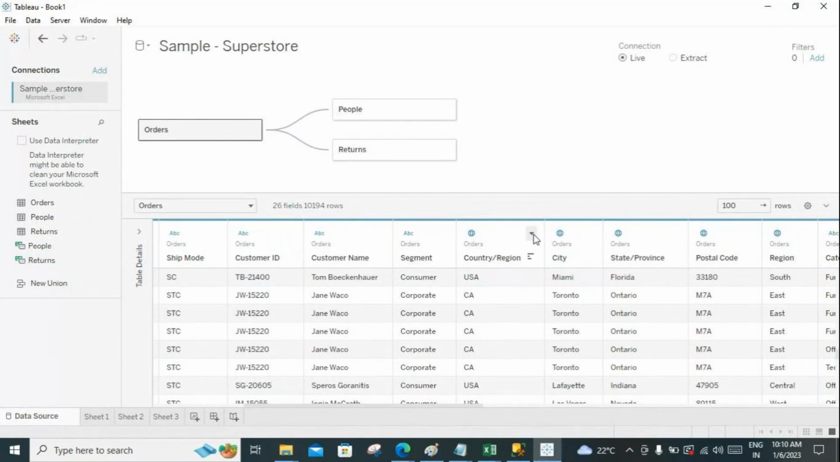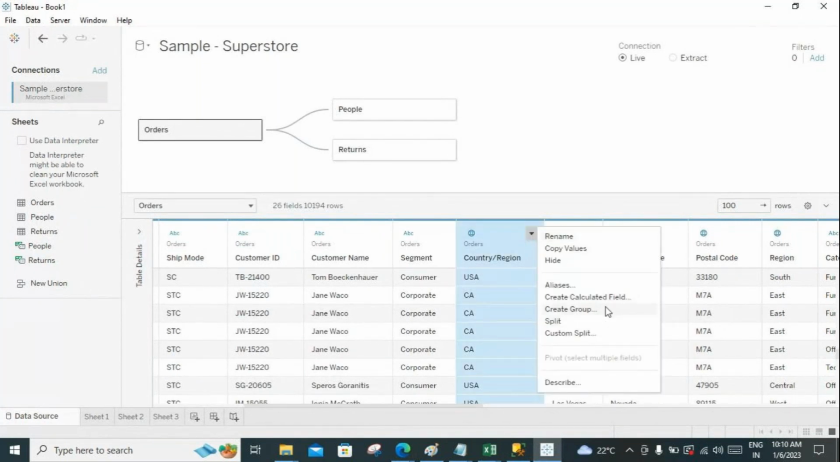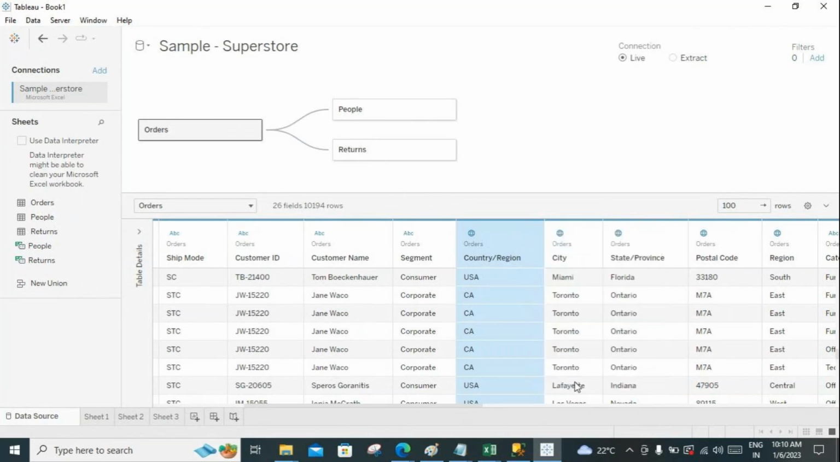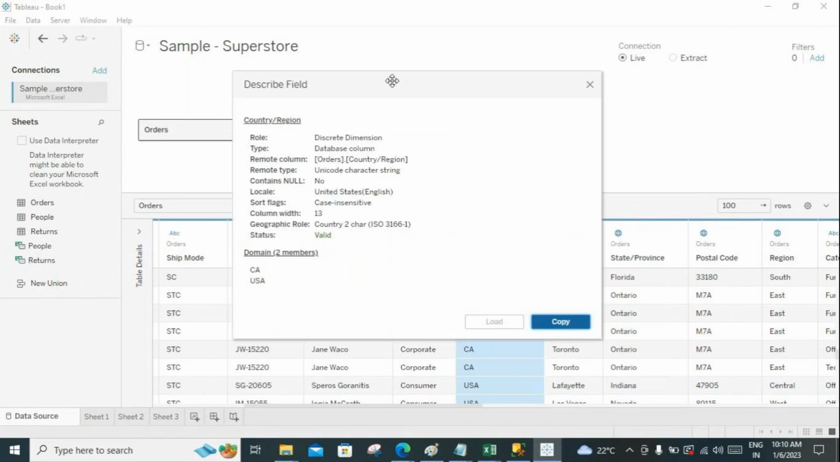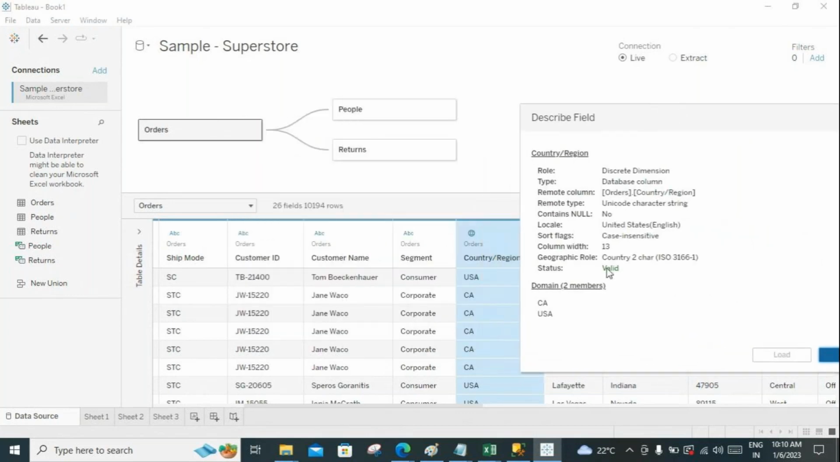Okay. And what else do we have? Create calculated fields and create groups, I will tell you later. At this point in time, it will confuse you a little bit. We can create groups and calculated fields at the next level as well. And describe. If you want to describe a particular column, what that particular column is, you can use the describe option. What will it show? Country region as role is discrete dimension field, type is database column, remote column is order